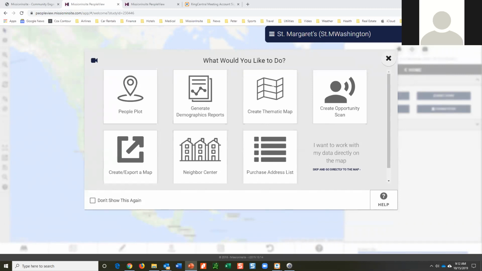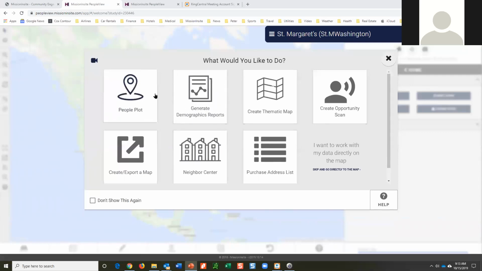Now, I'd like to get into the actual platform. When you log in, you will be greeted by this user assistant window. It basically says, what would you like to do? There is a video here, Where to Begin. It's approximately 3 minutes. If you'd like a little more information, you can play the video.